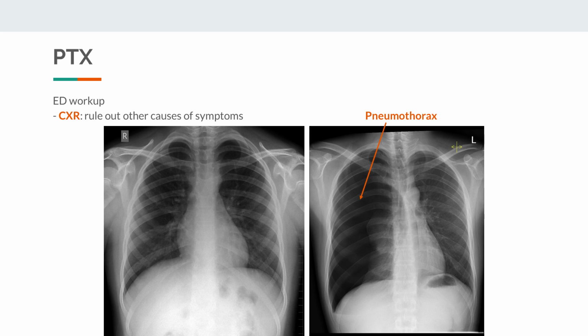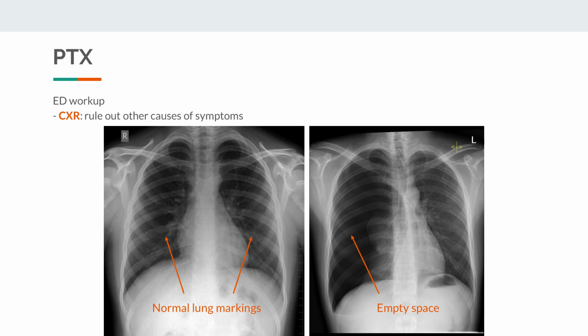Looking at the x-ray on the left, which is a normal x-ray, you can see how there are pretty even lung markings on both sides of the lung. If you look closely on the x-ray at the right, you can see the outline of the lung where it's collapsed. You can also see the empty space devoid of any lung markings, where you're just seeing the bony structures.